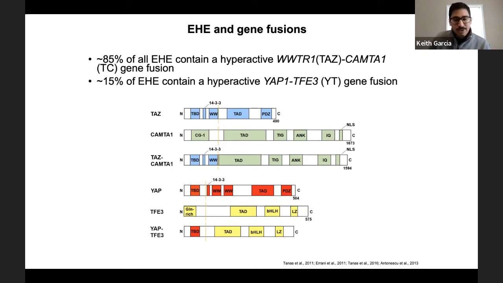And much of the rigorous mechanistic work regarding these gene fusions has really focused on the N-terminal portion of these fusions. And as Frank will potentially talk about after me and has alluded to in his papers, at least for YAP-TFE3, the C-terminal component does have a functional role. And so the focus of my talk really will begin to dissect, how are the C-terminal fusion partners of these gene fusions contributing to the oncogenic phenotype of these two oncogenic proteins.